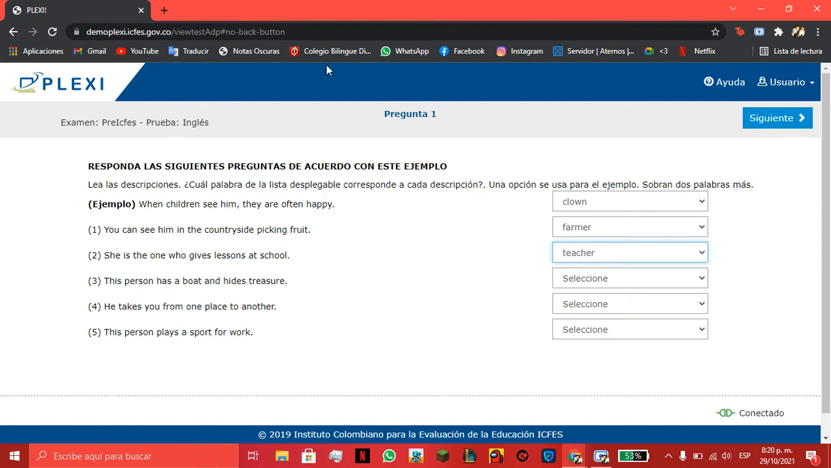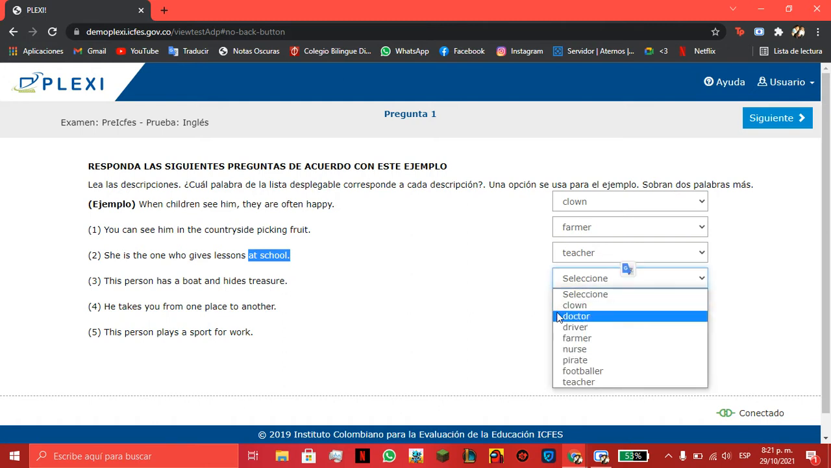helps the kids in their learning process, to explain everything to them, and that's like a lesson, like a session of learning for every person, but in this case for children at school. And the third one, this person has a boat and hides treasure. So here the right answer for me is pirate, because